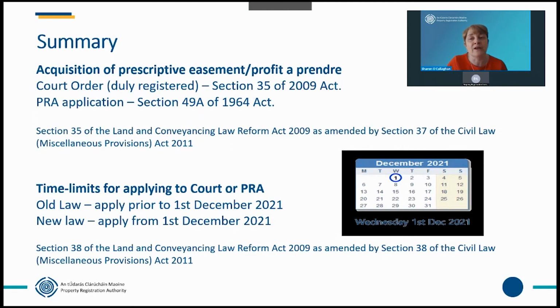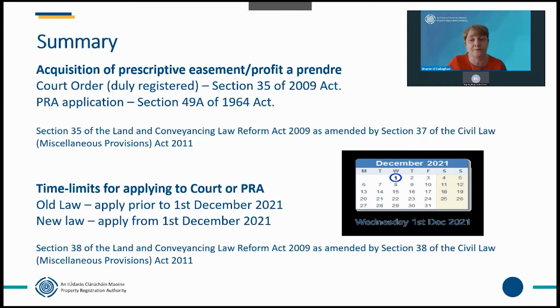So just to summarise here, a prescriptive easement or a profit a prendre may be acquired on foot of a court order under Section 35 of the 2009 Act, or by lodging an application under Section 49A of the 1964 Act. An application that is lodged prior to the 1st of December 2021 must be made under the old law, whereas an application made on or after the 1st of December 2021 must be under the new law and the new user period. And just to note, this has been communicated by the Law Society to its members on a